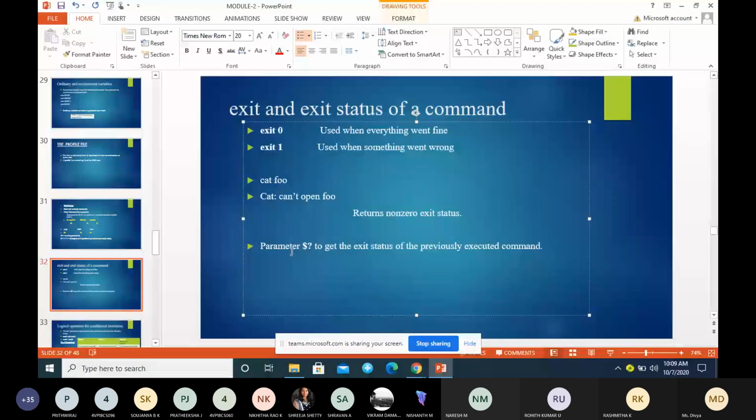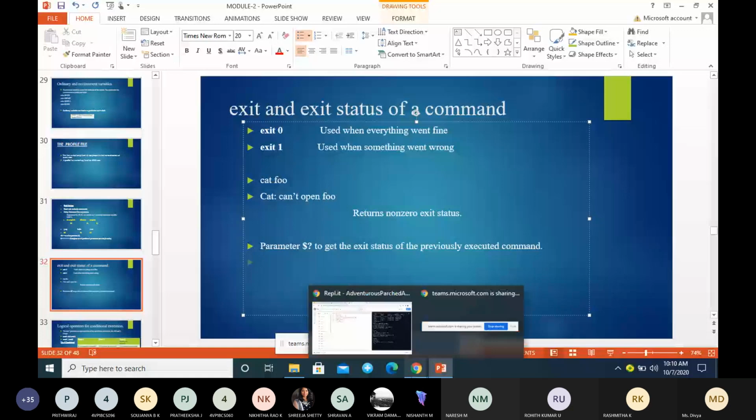Now in exit we have a parameter called dollar question mark. It's very important. It is similar to $0, $1, whatever we have studied. Dollar question mark is used to get the exit status of the previously executed command. For example, I'm executing the cat command and trying to open this file.